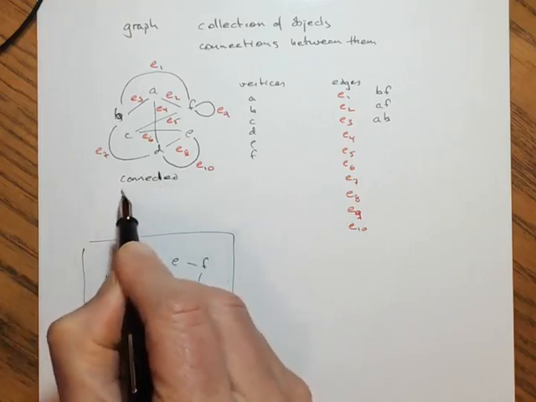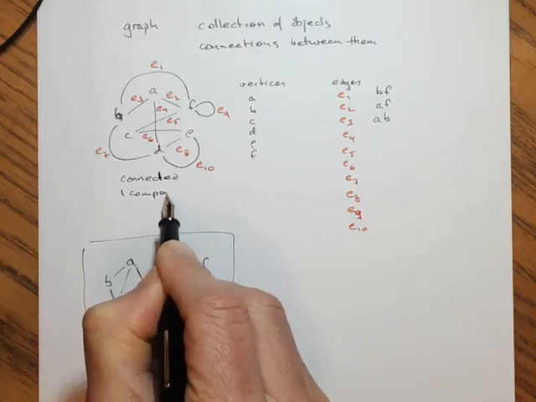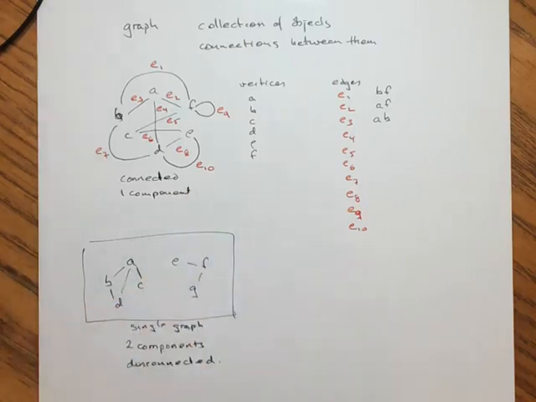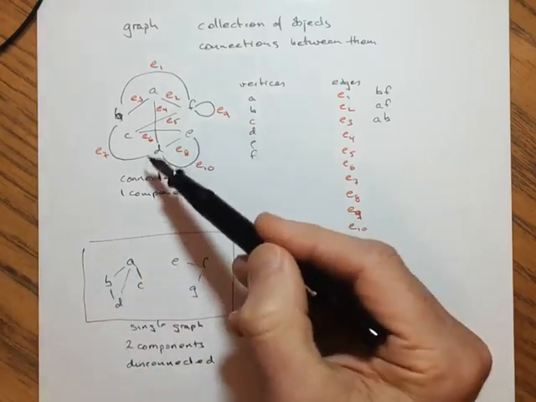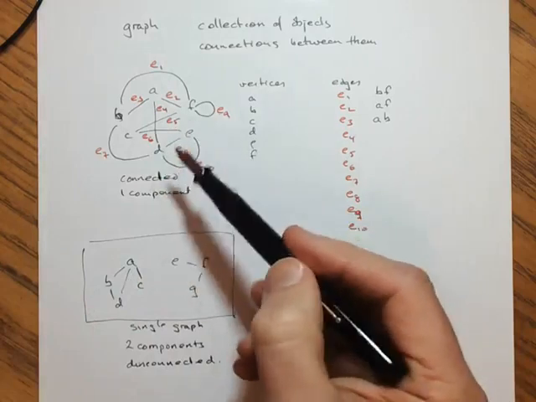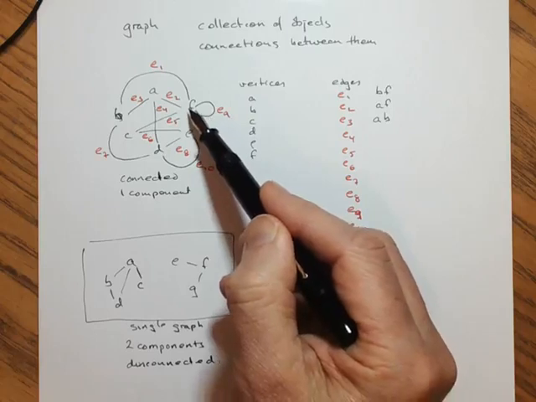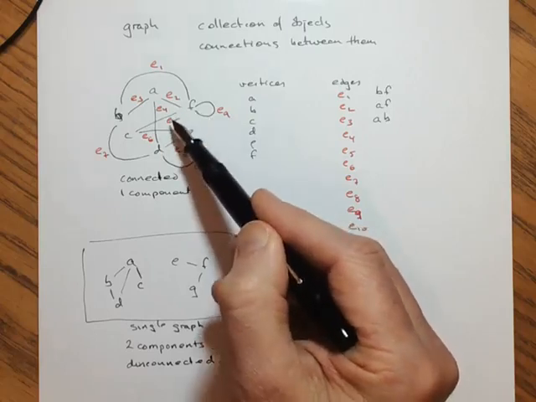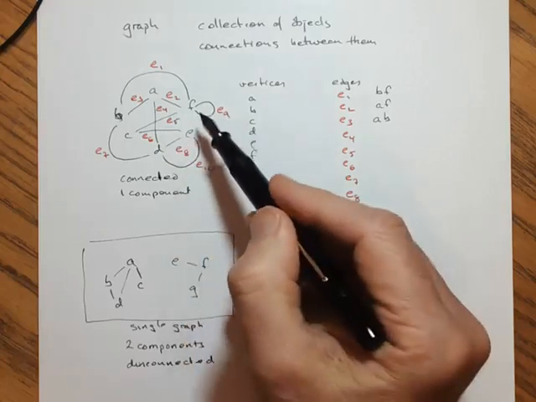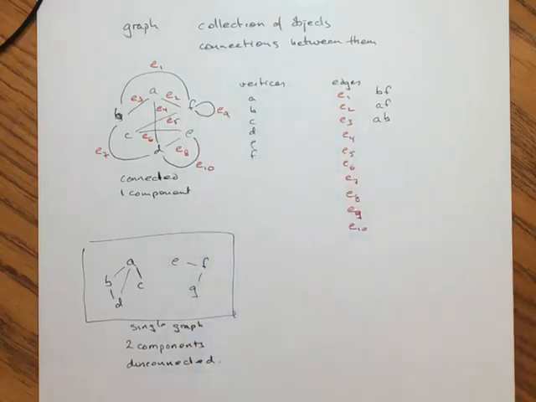So you can think of it as one component. Again, the big idea with these components is that if it's a connected graph, then there's a way of getting from every vertex to every other vertex. There might be more than one way, but there's at least one way. And since we're talking about getting from one vertex to another vertex, we can think about